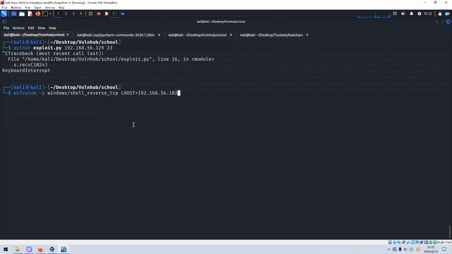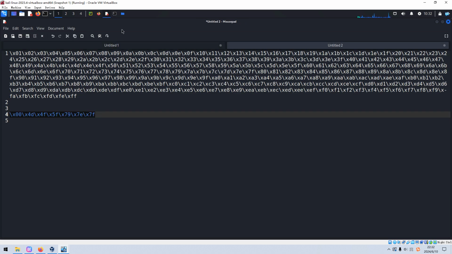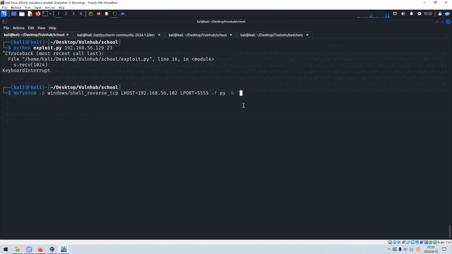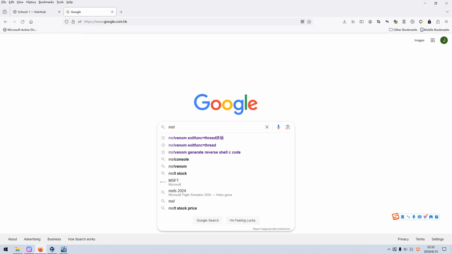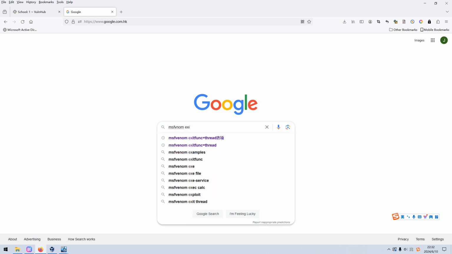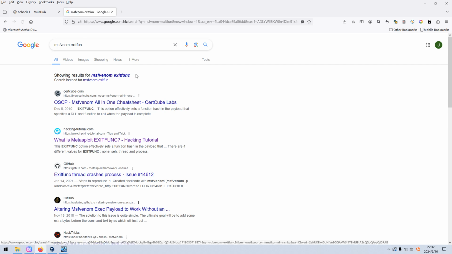Okay, so the port number 555. The file type is Python, and then we want to specify the bad characters. We can copy, and I also want to use the exitfunc option.